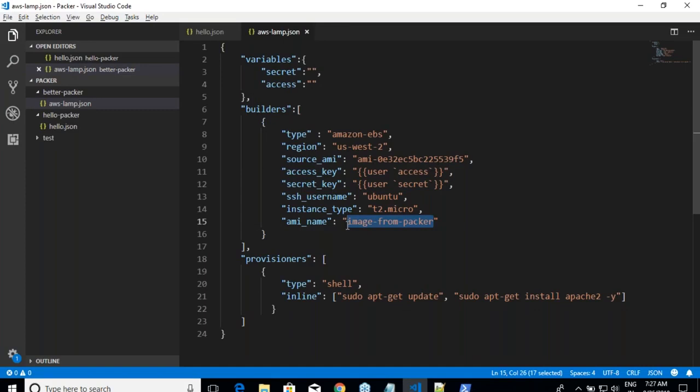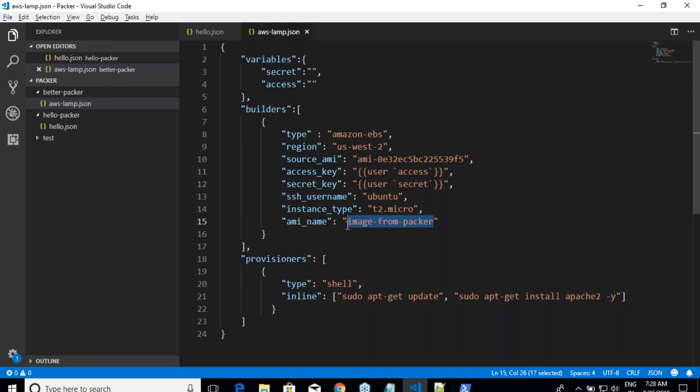the other things which I can do is, probably I can region also I can put a variable. Source AMI also I can put a variable. I can put variable for almost everything. So that is fine. That is the next level of optimization, right? But the first thing is, in the AMI name, try to give the AMI name to the user, or if you want to hard code the AMI name, don't use the name like this. Because the problem with this kind of naming is tomorrow whenever once an image is successful, you run the script again. Next time it will fail saying that there is already an image name with a name called as image from Packer.